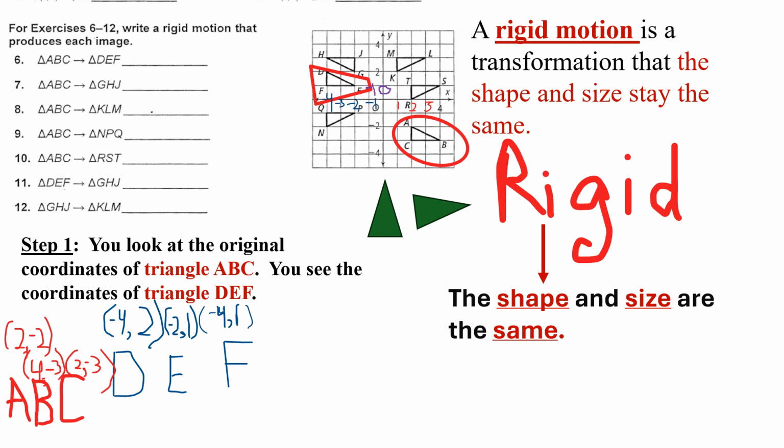So when you look at the points, you look at what DEF is. So you have your ABC over here, and you have your DEF over here, and you have to look at the points. When you look at the points, you take the first one for A, and the next one for D, and you go 2 plus some number equals -4. And I'm going to write what 2 is. It's A,